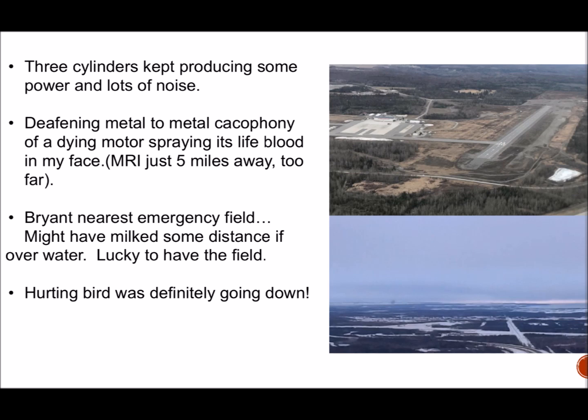If Bryant was the nearest emergency field, if I was over water, like Dan and I have been so many times for extended periods, I might have milked some distance. But I was lucky to have the field, and like one of my personal heroes, General Jimmy Doolittle, said, I could never be so lucky again. So that has colored the way I live my life, knowing that I've already been very lucky. So I want to be careful as well. So moving on to the next slide,